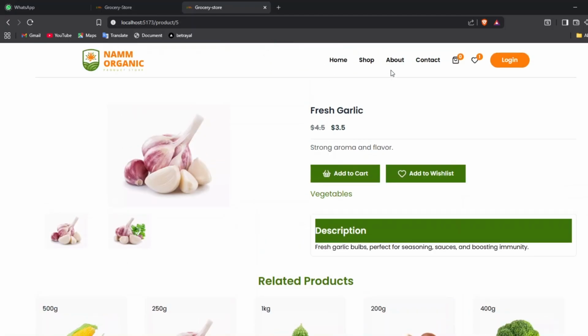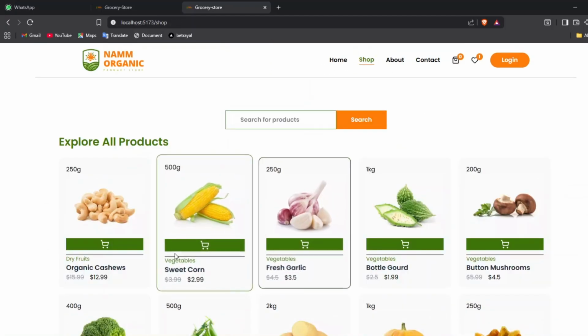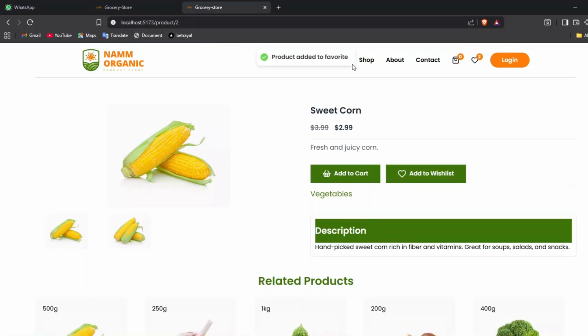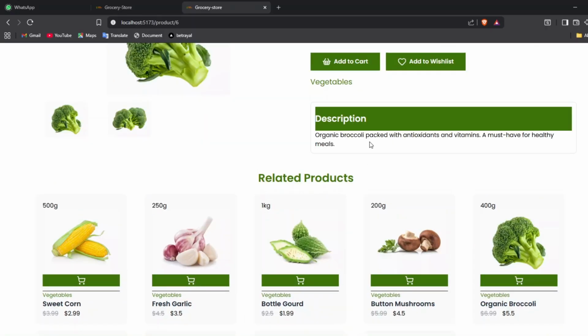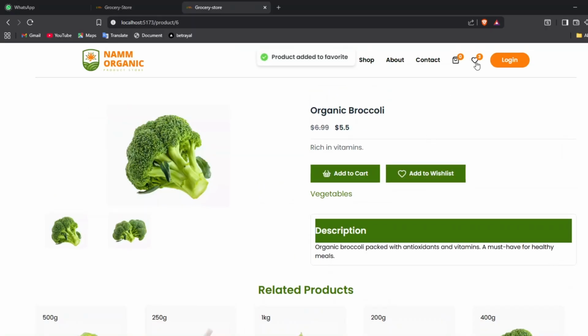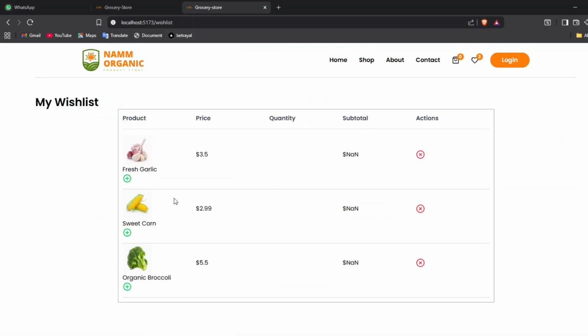Let me do this in add to cart. One more product I will add in my add to wish list. Sorry. So this is our add to wish list. Here you can see we have product, image, then name. Then here you can see we have product,